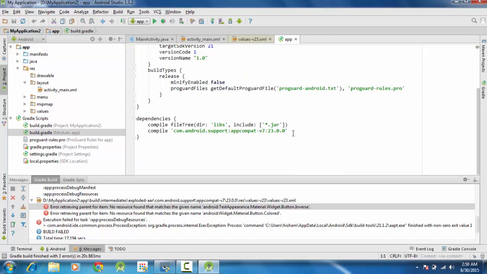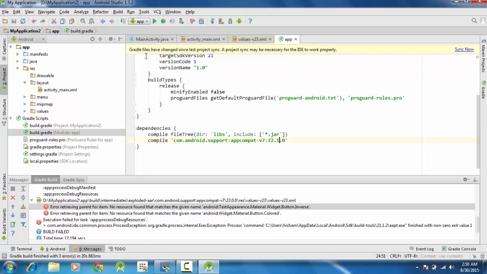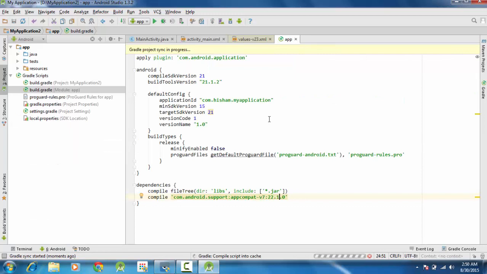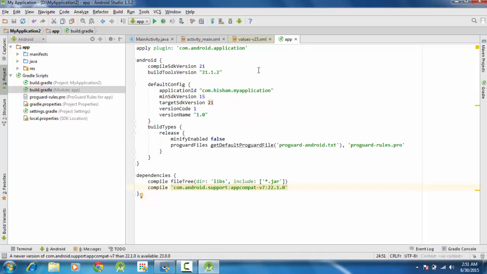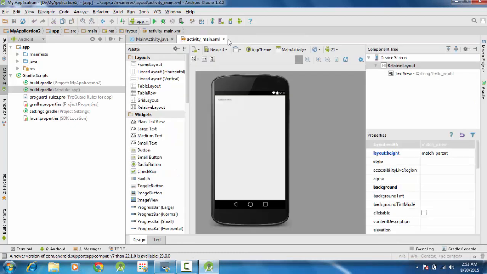and scroll down and change this Android appcompat version to 22.1, which is on my system. After that it will show you Gradle files have changed, so resync your project. Syncing again now. Okay, it's done with the sync, and we will close all of this. So this is how our application looks like, a hello world,